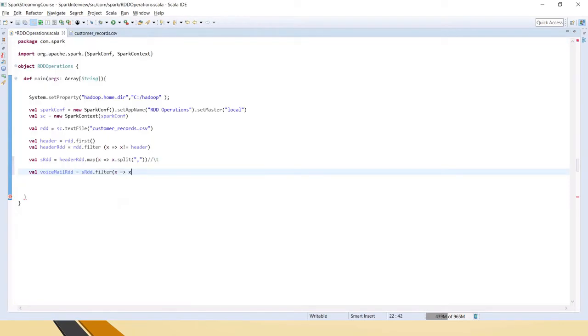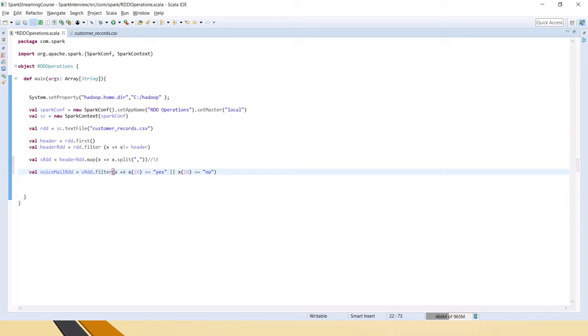The 10th column we have to take. So I am saying that you filter this 10th column, and we are searching for what? We are searching whether it has yes or no fields, right? So x(10) equal to yes. Okay, and now we will also check for or x(10) equal to no.